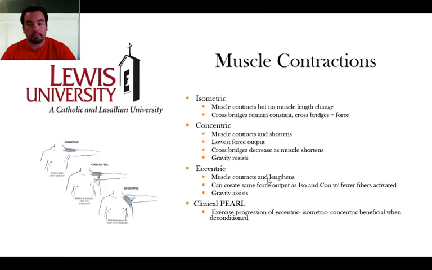Then we get to the types of muscle contractions. So muscle contractions, we have isometric, concentric, eccentric muscle contractions. Isometric muscle contraction is when the muscle contracts but the muscle does not actually change length. Typically a cross bridge remains constant through this, and the cross bridge is equal to the amount of force. So we have a very steady amount of force created when we have these cross bridges formed,